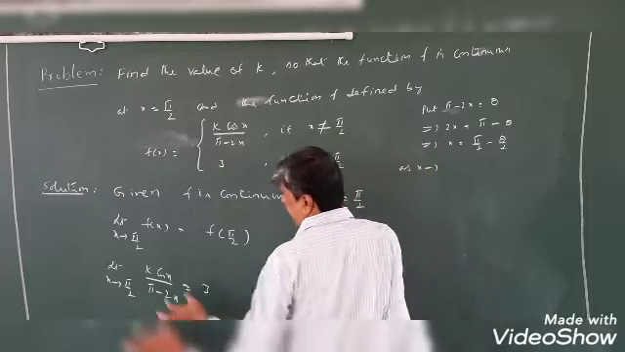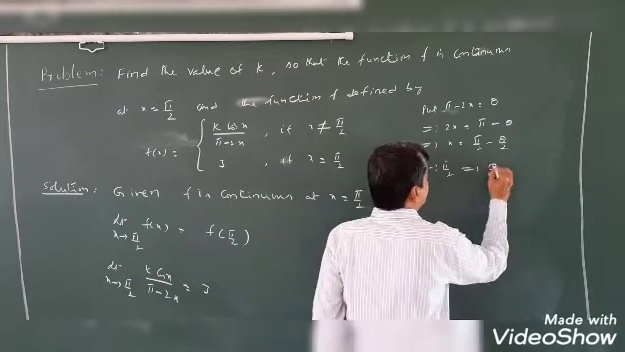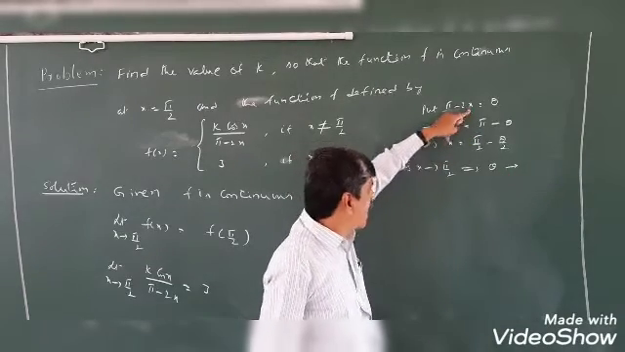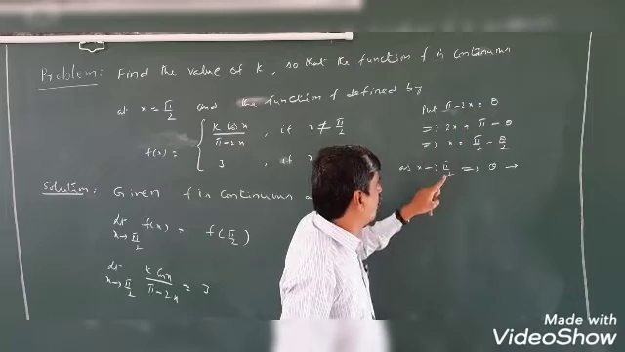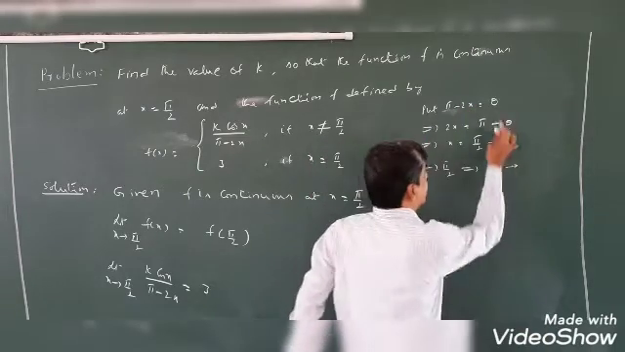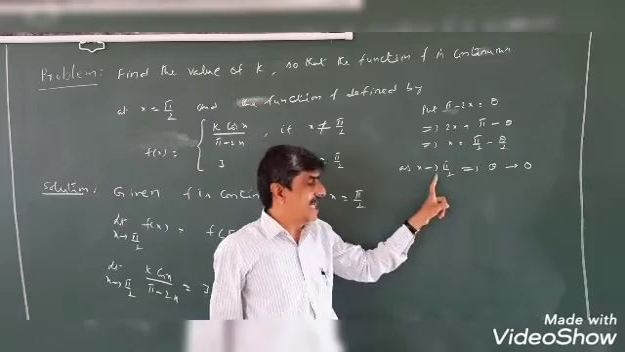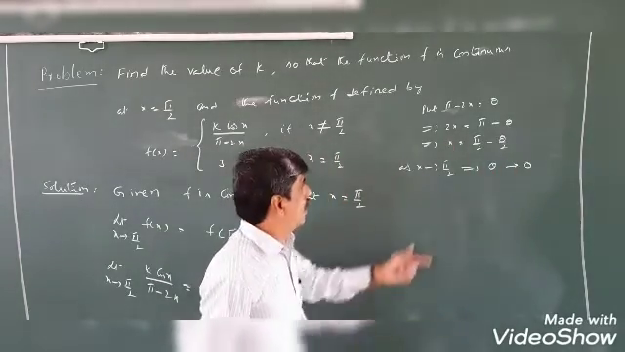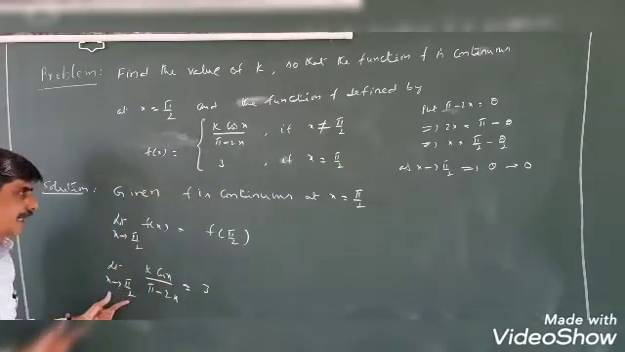As x tends to pi by 2, then theta tends to... right, in the place of x put x equal to pi by 2 here. So pi minus 2 into pi by 2, so pi minus pi. So theta is equal to 0. Means as x tends to pi by 2, theta becomes 0. This is the substitution. So then this limit becomes